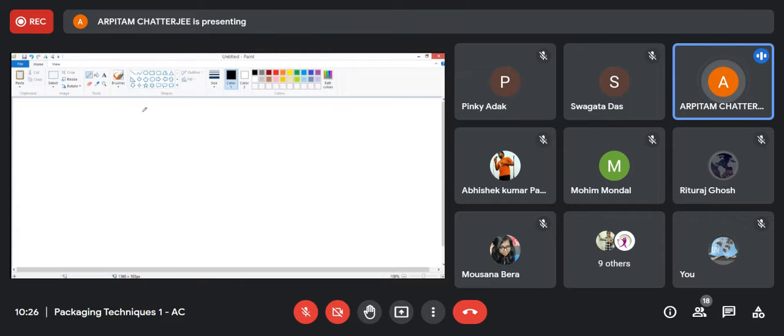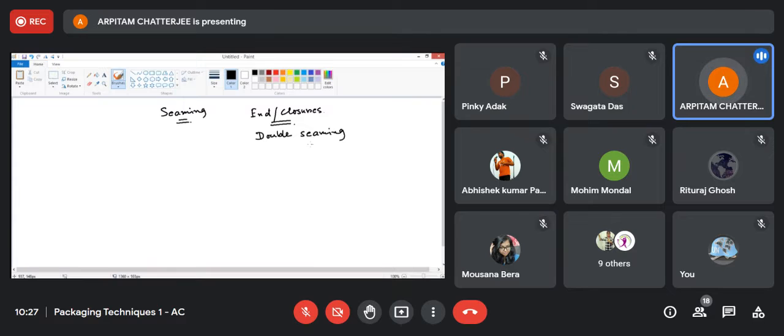The next process that we are going to talk about, it's another very important thing. This is called seaming. Seaming in the sense that, as you can understand, in any of the cans, whether it is a 3 piece or 2 piece, we need to fasten, or bond, the end and the closer or the lid. So to do that, one of the majorly used processes is seaming. And again, among different seaming processes, the most commonly used process is called double seaming.